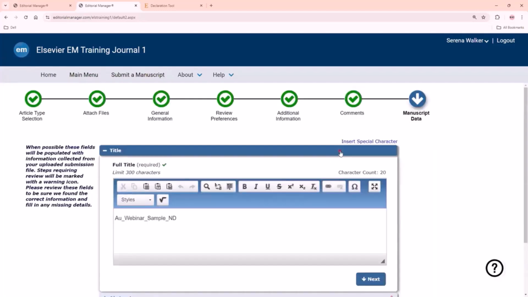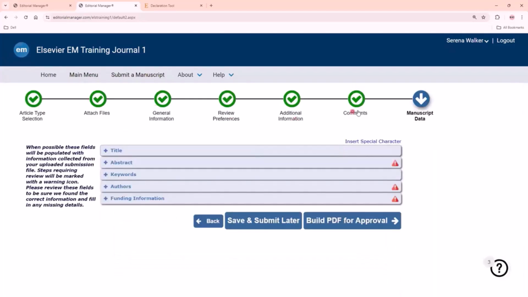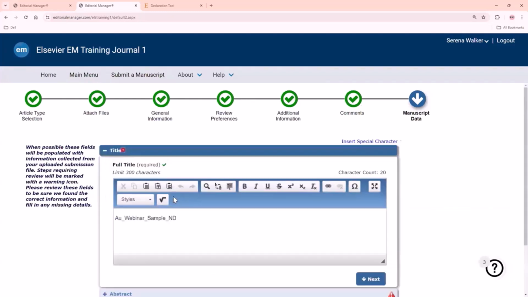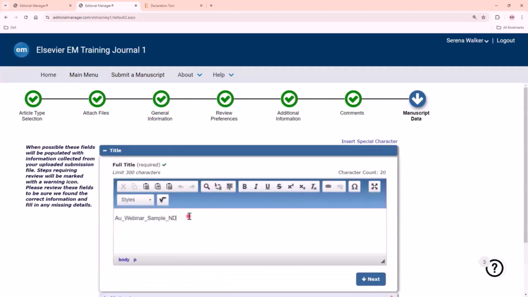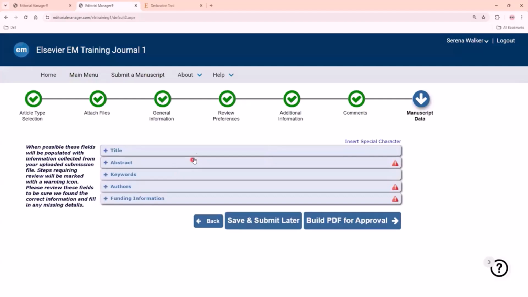At this point, if you find that you have any missing information, you can find that here in the progress bar. If there's anything in red, that means that information needs to be updated. Similarly, here as well, there is a lot of information that's missing. Let's take it one by one. So I have the title ready. Now I'm going to be adding all the information.